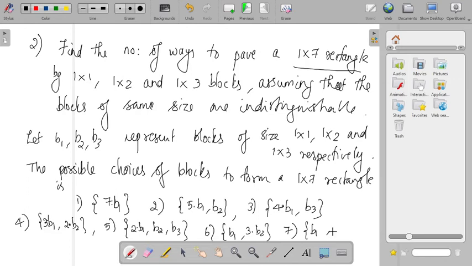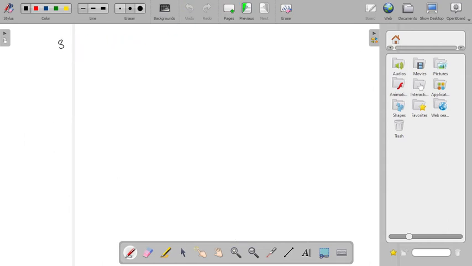Then sixth case is, you can take B1 and 3 B2, and seventh one is, you can take B1 and 2 B3, and eighth one is, you can take 2 B2 and B3. So these are the different possible choices. Now the number of permutations of each multi-set is,